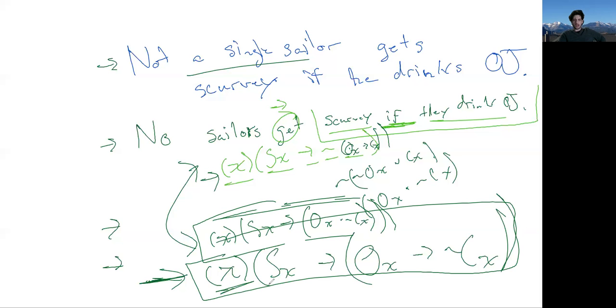We're saying for everybody out there, if you're a sailor, then if you drink OJ, then it's not the case you have scurvy. So as you just saw, that was difficult to see. I purposely chose if to make this a challenging problem because that's where I think you are going to have the most issues as you're doing this. And I personally don't think it's a great tactic to just choose easy examples to explain these ideas, because I think it's better when you see us sometimes struggling with these things. That's when you actually need the help.